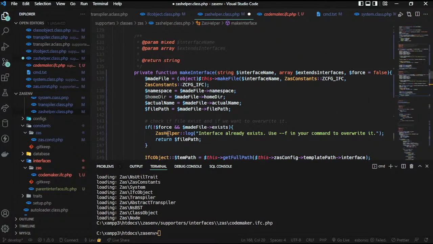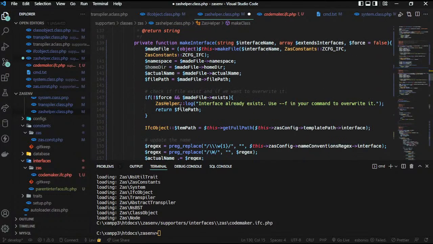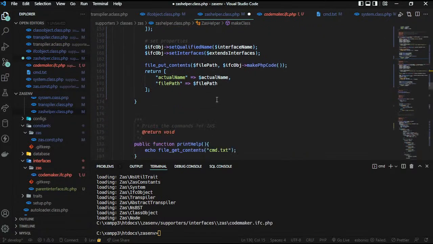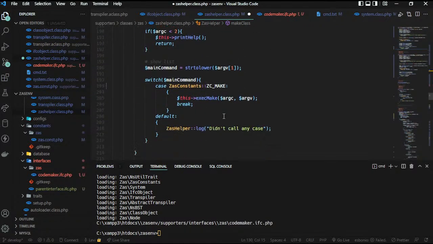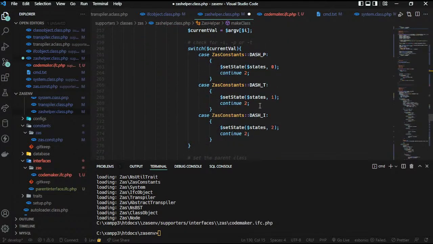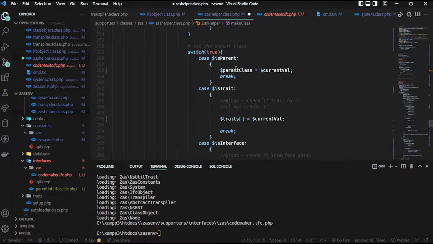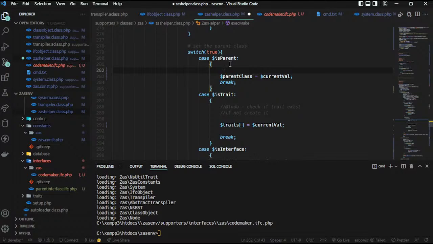Okay, so if we find ourselves needing it, because when you make, for example, the parent class of something, you want to put the parent class real name, not the parent class name that was passed. So that will make us, for every interface we make, let's come here. Now when we meet the parent, we need to check if the parent exists here. So just check if the parent exists. So we're going to say that our parent actual name